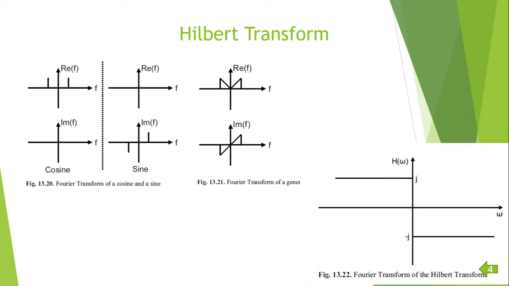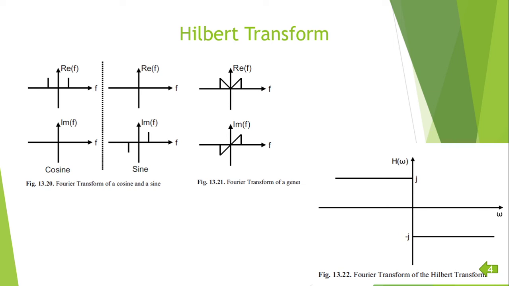Examining the transfer function of the Hilbert transformer, we find all negative frequencies are multiplied by j. All positive frequencies are multiplied by minus j. j is a positive imaginary square root of minus 1. The rule j dot j is equal to minus 1 applies. Real spectral components therefore become imaginary and imaginary components become real. Multiplication by j or minus j may invert the negative or positive part of the spectrum.